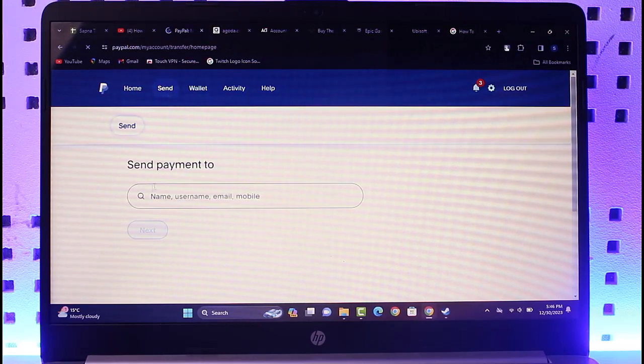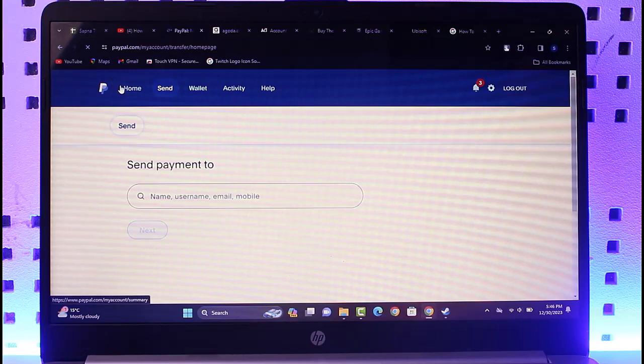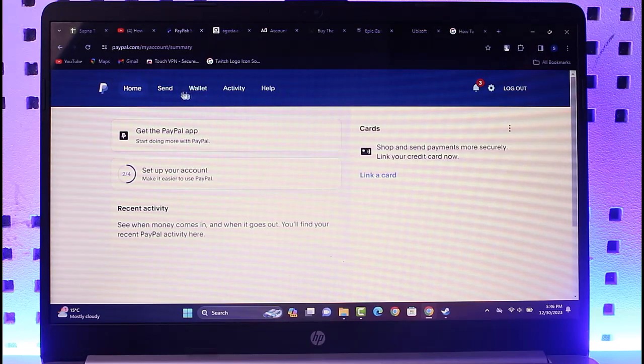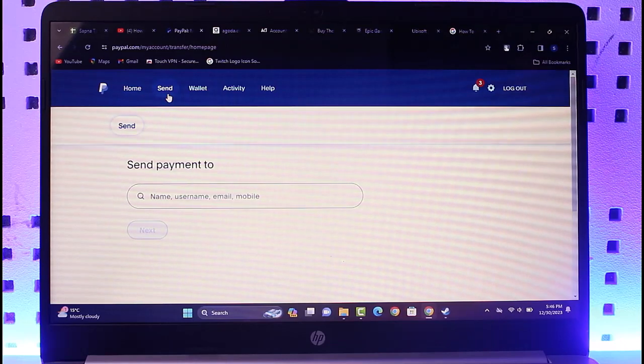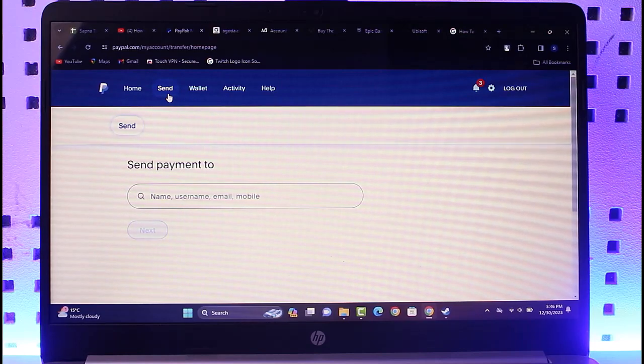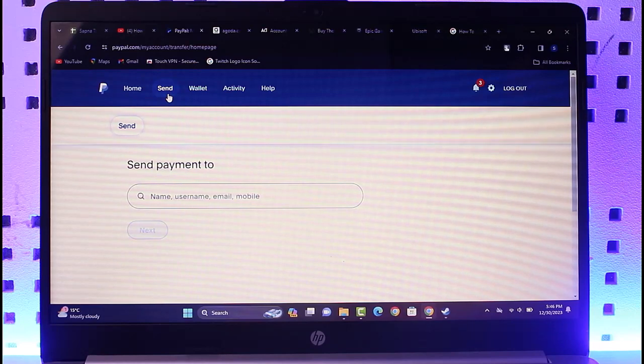Right, so here in this section, when you go to send, or even here in this home section, you will be able to access the send and receive option. When you go to send, you will be able to add balance by that same credit card of yours that you just added as a payment method here in PayPal, and you can simply choose to add balance to your PayPal account just likewise, and that was the Monzo debit card that you added. So that is the way for you to transfer Monzo balance to your